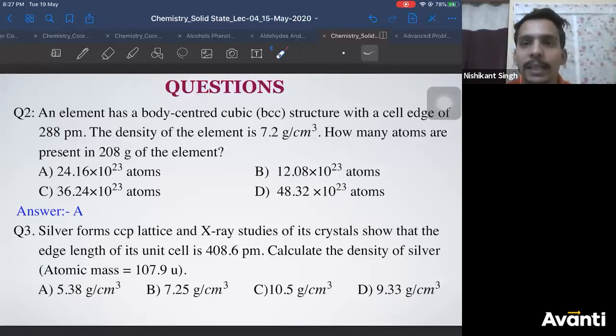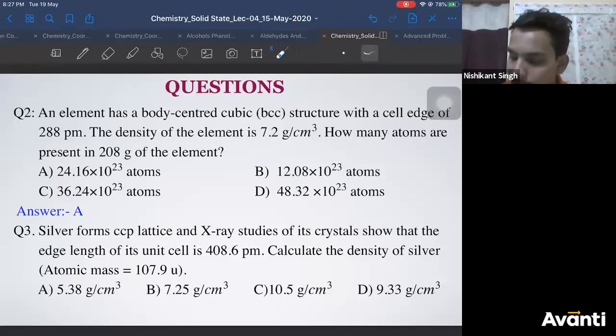Chalo, let's end this fast because it is direct formula based. You can directly calculate the value by substituting the values in the formula. Just make sure to convert picometer into centimeter. This numerical will come in both CBSE as well as state exams. Let's end this on a count of 3. 2, 1. Guys, you are not voting on the poll. Please vote on the poll.